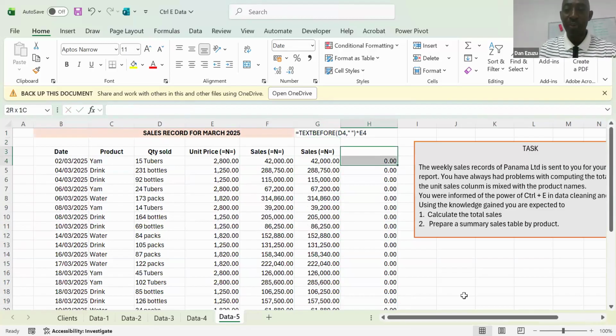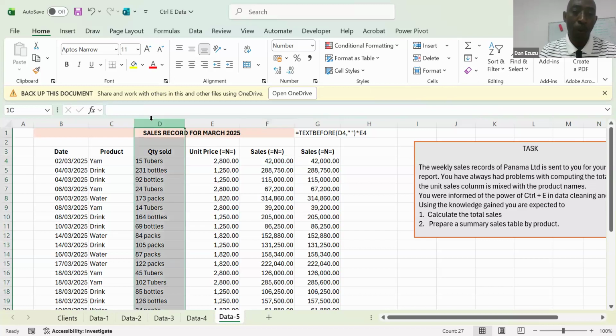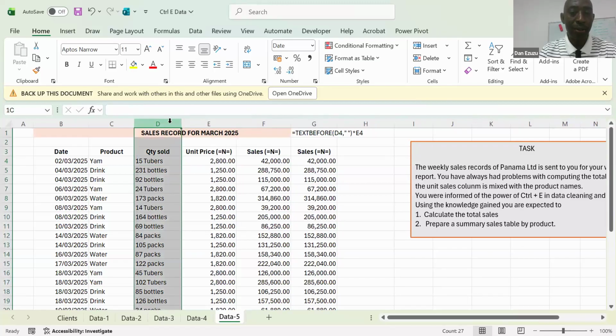All I've just done with Flash Fill is try to be a bit tactful by using a helper character, let me say a helper alphabet. Now I've used A, like I said, you could as well have used C, D or Z, it could have been anything. You use a helper, then multiply by that. So when operations or posting give you this kind of report that is a bit dirty, and you don't want